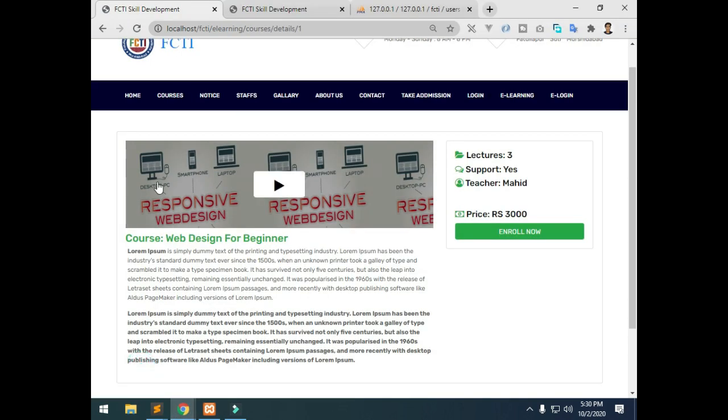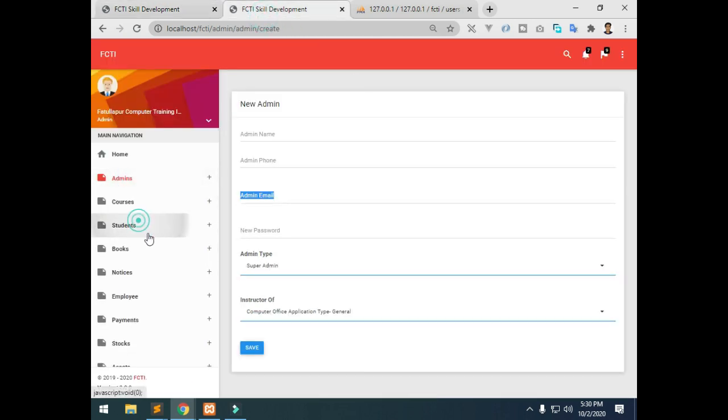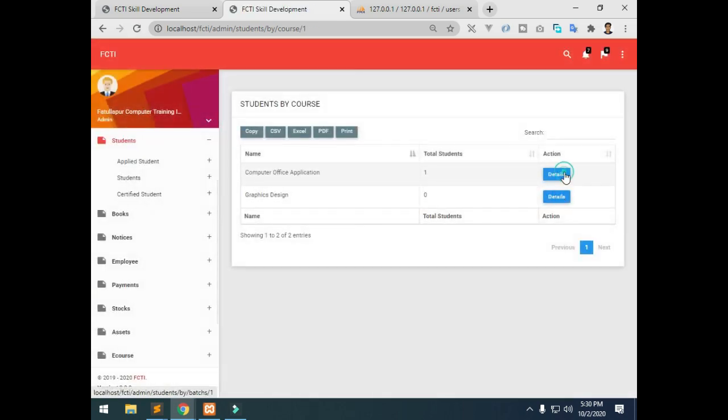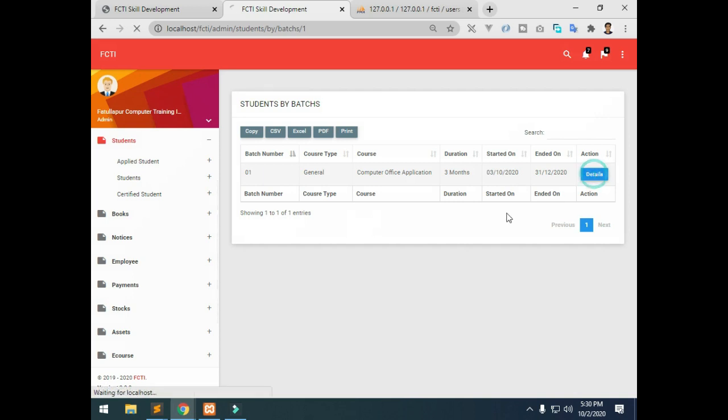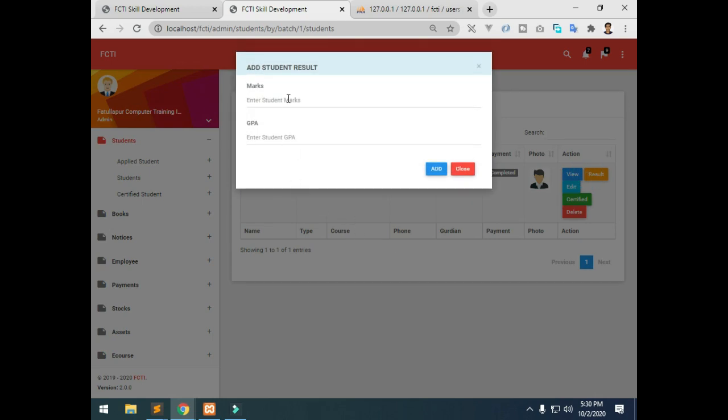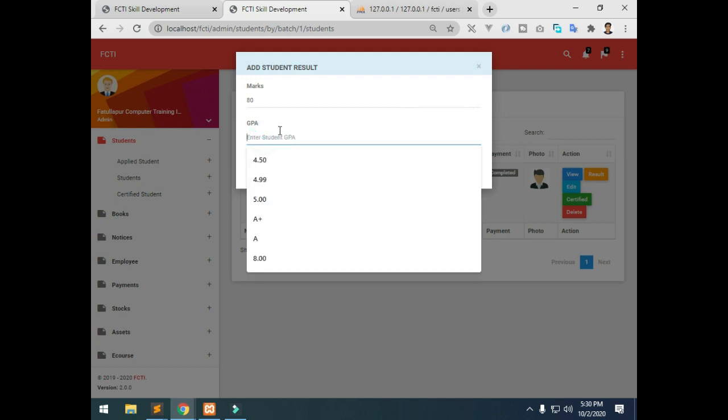So let me publish a result from the student panel. So I'm going to the students option, then click on details. Okay, now I will publish the result from here. Click on result. Now I have to enter the marks of the student. Suppose he has got 80 out of 100.